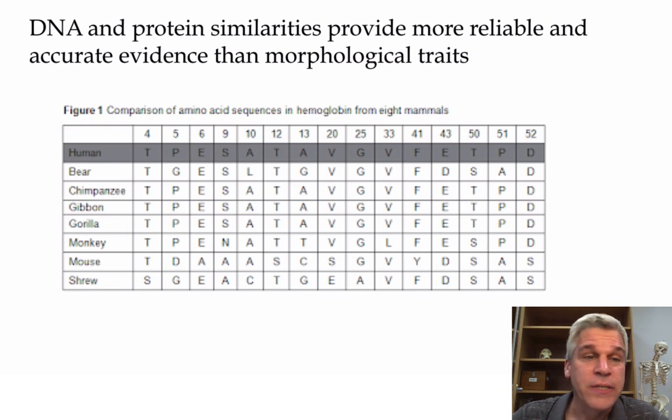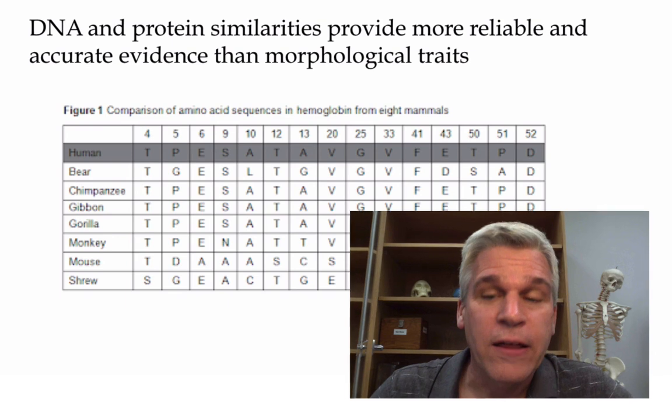So for instance, here we see a comparison of amino acid sequences in hemoglobins from 8 different mammals. We would simply look to see how many differences there are between each of these, and from that we could build a cladogram. Building these cladograms or phylogenetic trees and interpreting them is a very important skill that we're going to be doing a lot of,